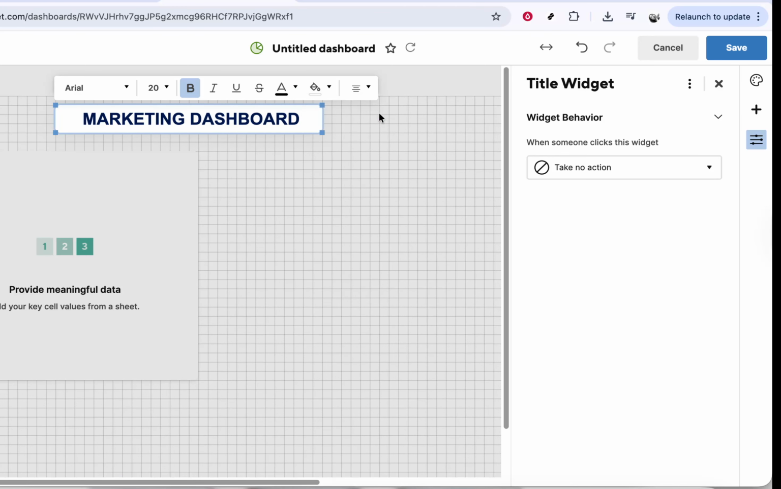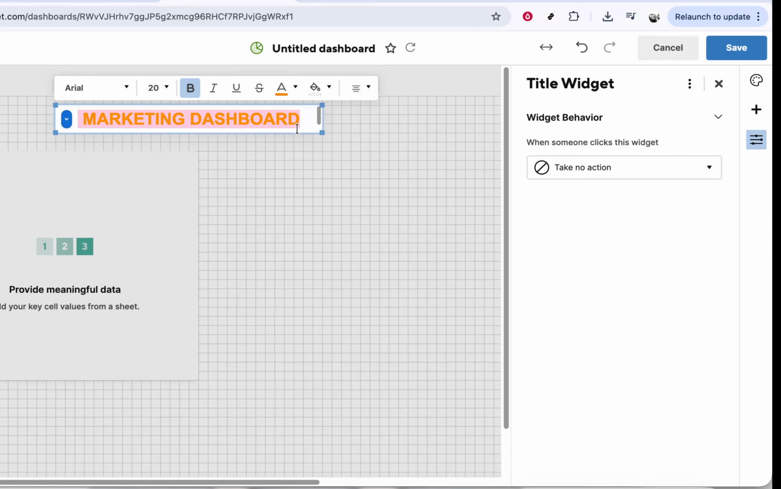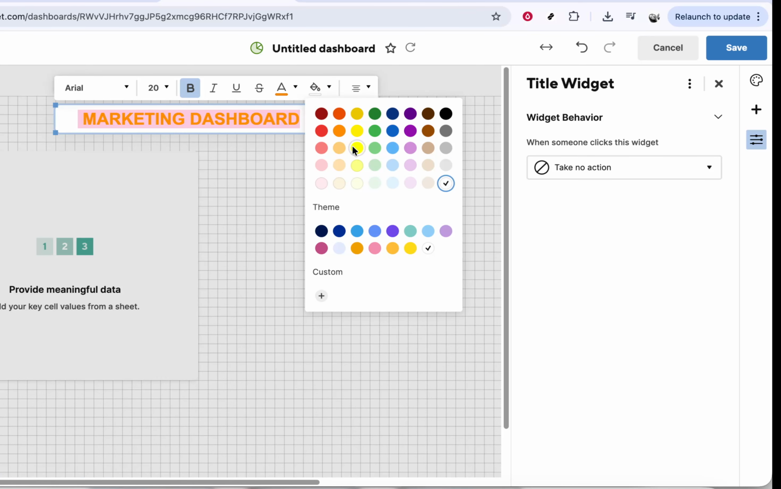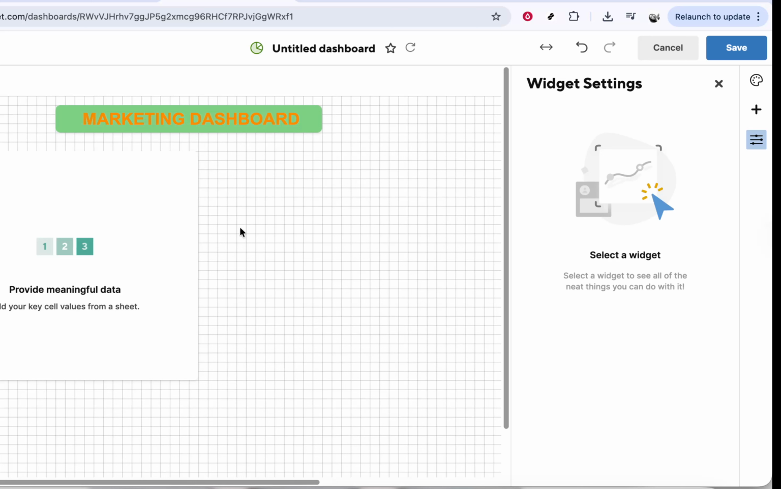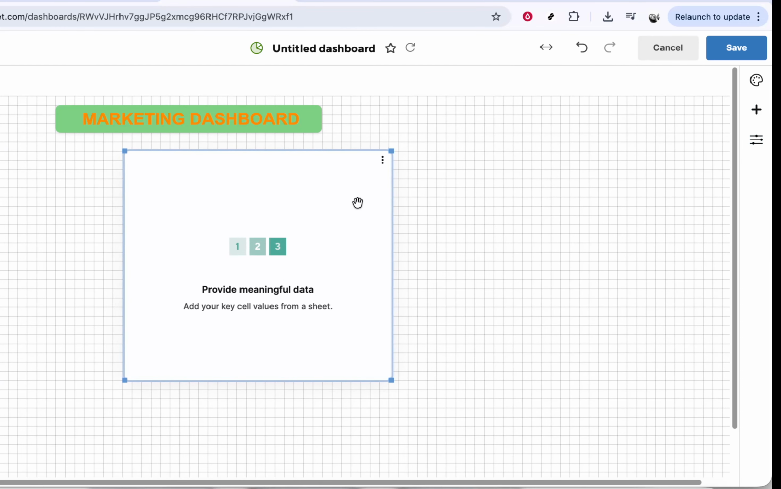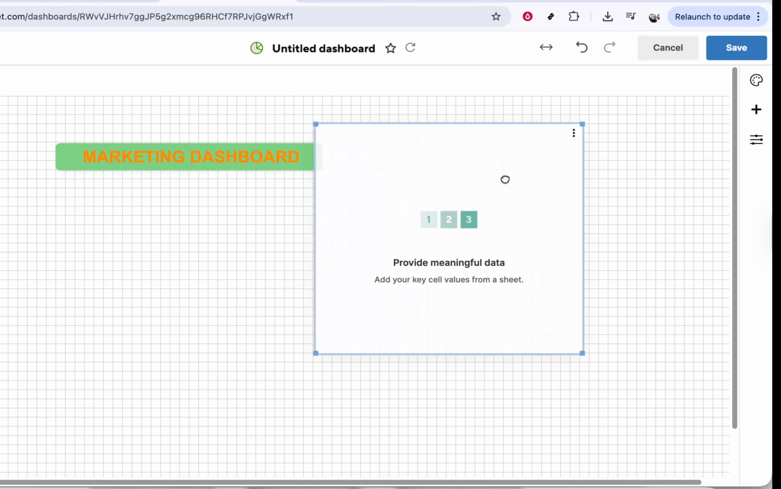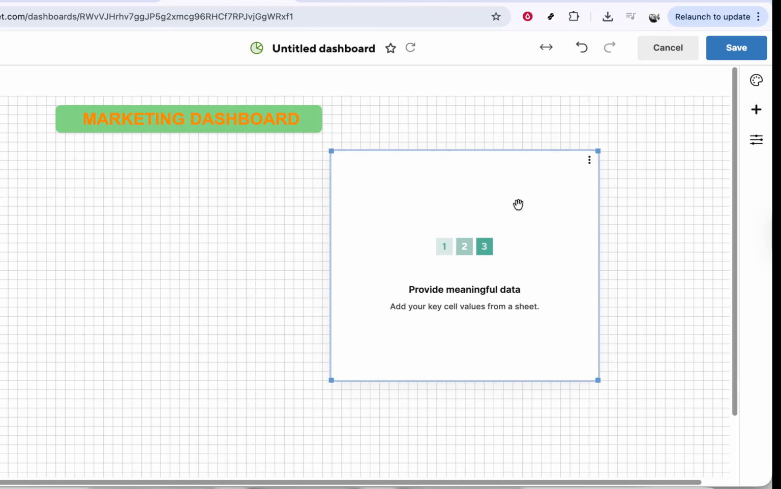Once you've entered the text, you can click and drag the title widget to position it exactly where you want it, usually at the top of the dashboard. Use the handles around the widget to resize it so the title is easy to read, but not overwhelming. After you're happy with the text, size, and placement, simply click away from the widget or confirm your changes following the prompts. Your dashboard now has a clear, visible title, helping your viewers immediately recognize what they're seeing and making your Smartsheet dashboard look polished and